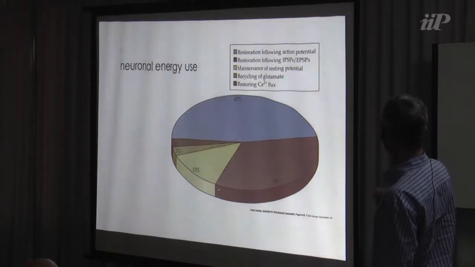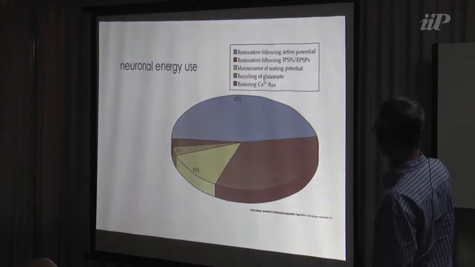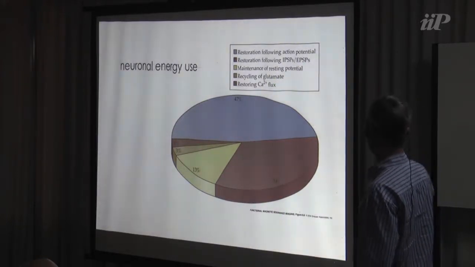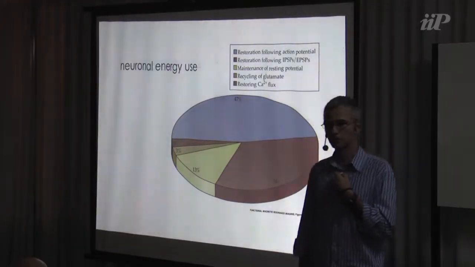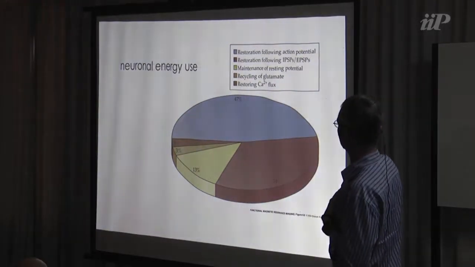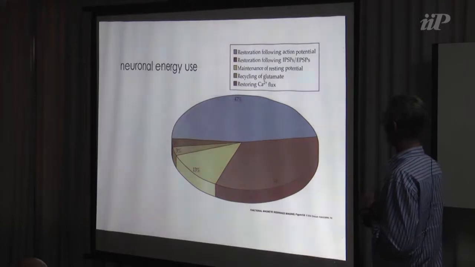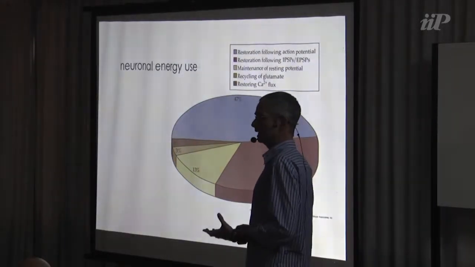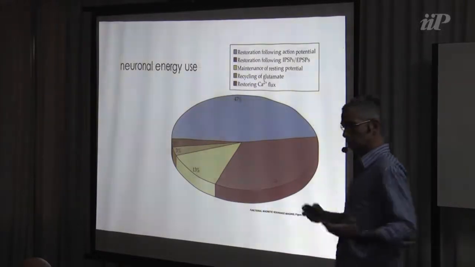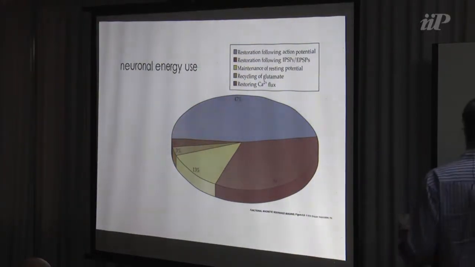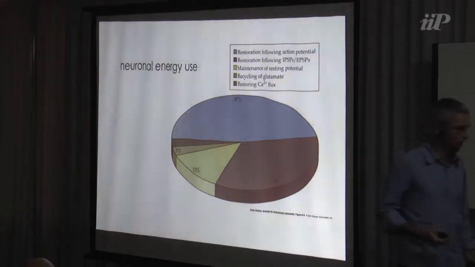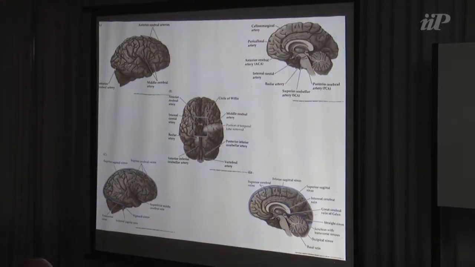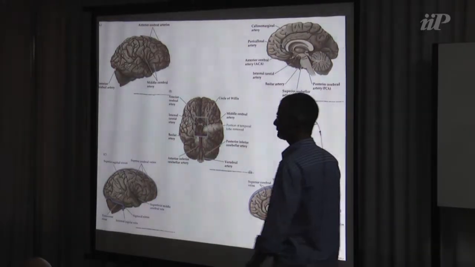And another great part of the energy is consumed restoring IPSP and EPSP, inhibitory and excitatory postsynaptic potentials. So we see that about 80 to 90% of the energy consumed, 85% of the energy consumed in the brain, is consumed in processes that are important in neuronal communication. So where does this energy come from? The human brain doesn't produce glucose, it doesn't produce oxygen. So the way we bring that energy into our brain is through our vascular system.